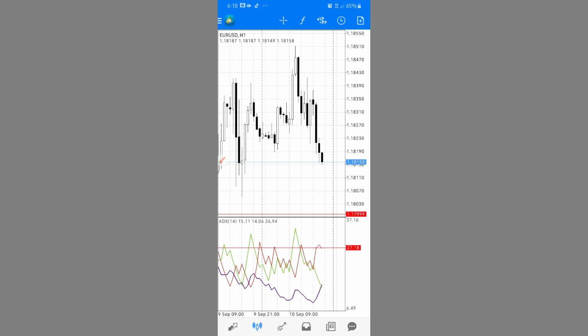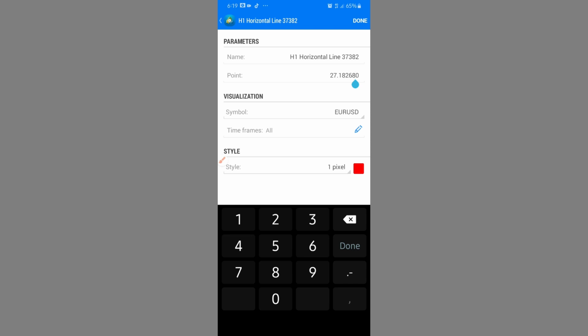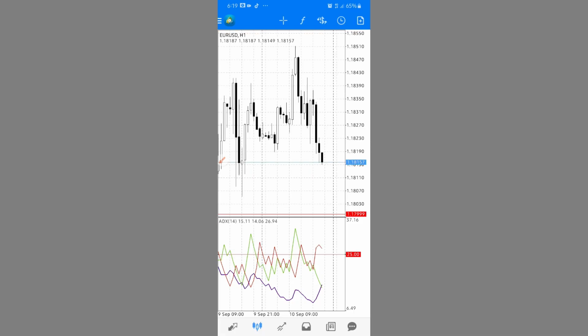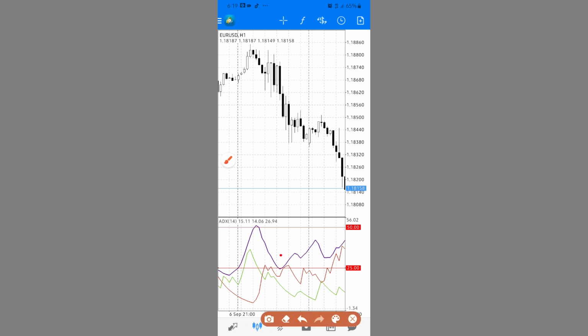All we have to do is wait for price. Oh, this has shifted, so I'll change that back to 25. Okay, 25, done. So it's at 25. So once we have the ADX line, which is the purple line that we have here, crossover 25, okay,